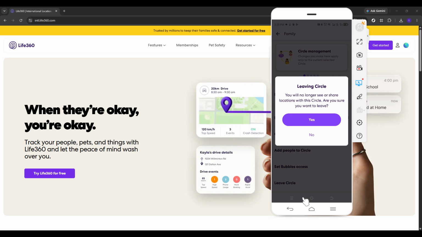Once completed, you will no longer be part of that circle. That means the group will stop receiving your location updates, and you will also lose access to information that's shared within that circle. If your goal is only to stop notifications or change visibility temporarily, you may want to review other settings later. But if you are sure you want to leave, this is the